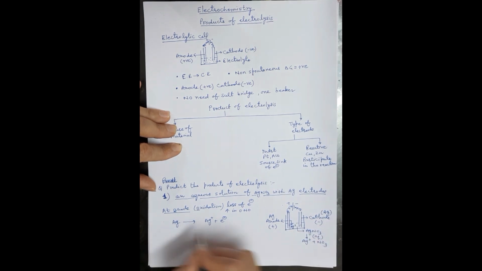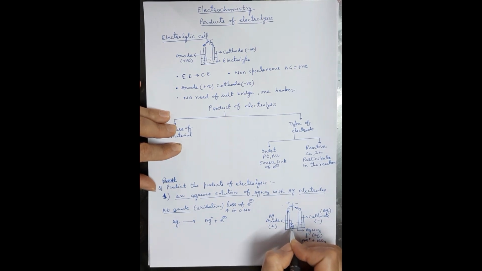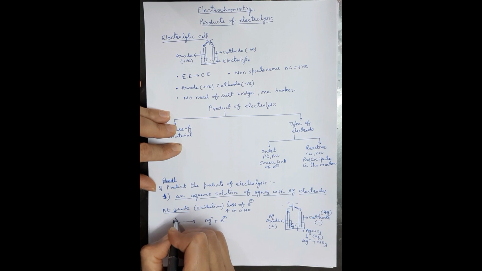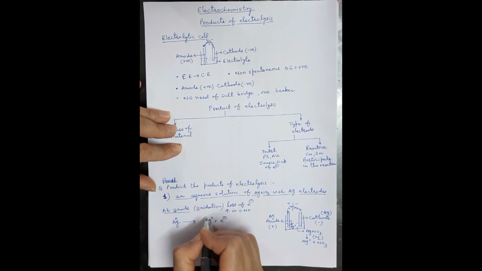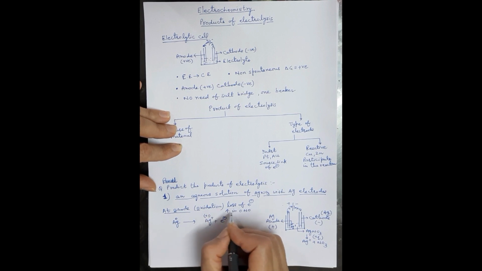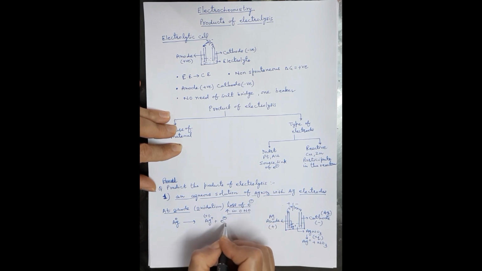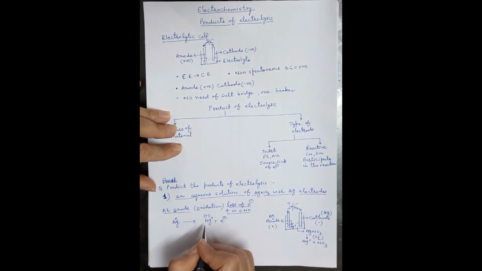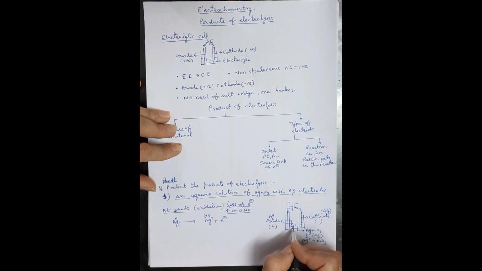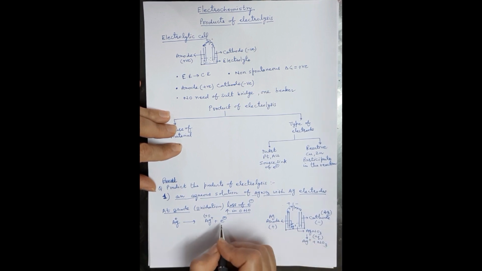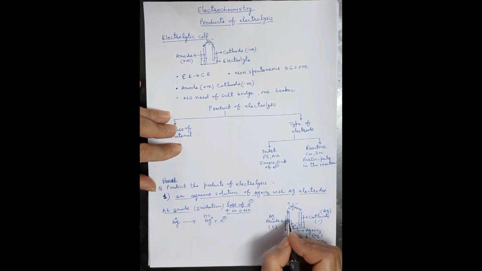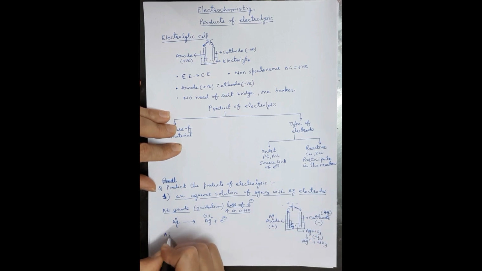And in this process, when silver is changing to silver ion, oxidation number of silver is changing from 0 to +1. There is increase in oxidation number, so it is oxidation, increase in oxidation number, and loss of electron is also there, it is losing an electron, so it is undergoing oxidation. Now silver ions are into the solution and electron lost by silver will move through the outer circuit to the cathode. What will happen at cathode?